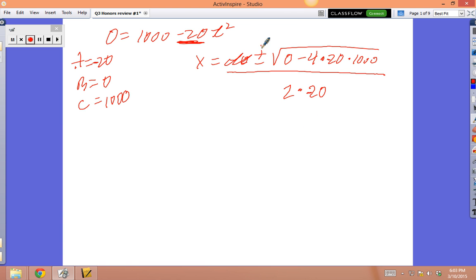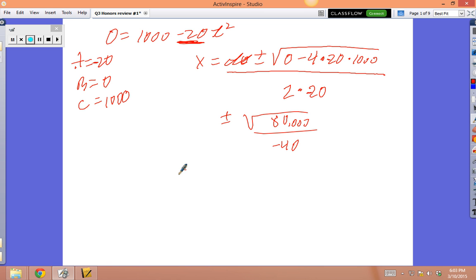I need plus or minus the square root of negative 4 times negative 20 times 1,000. So I got plus or minus the square root of 80 grand all over a negative 40. If I do this on my calculator, square root of 80 grand, and hit enter, and divide that by a negative 40,